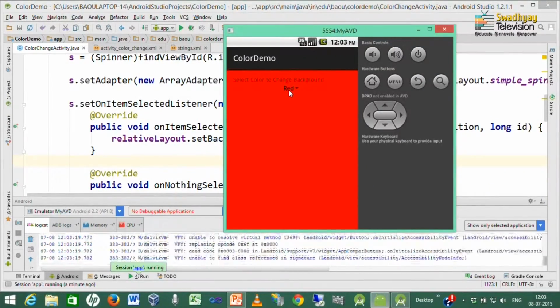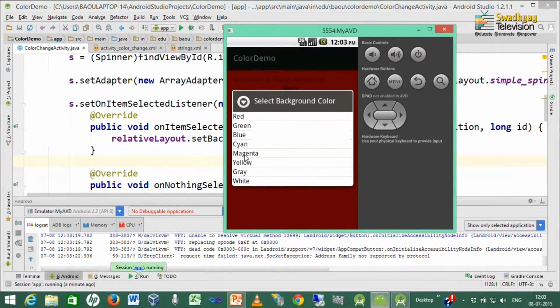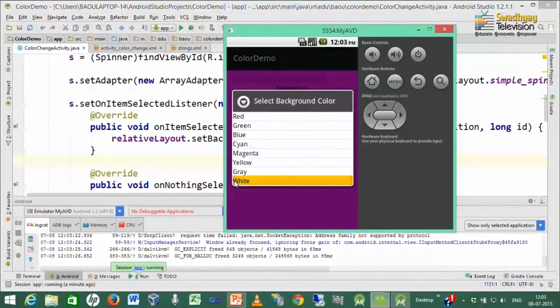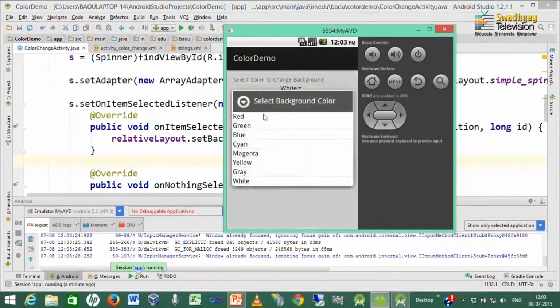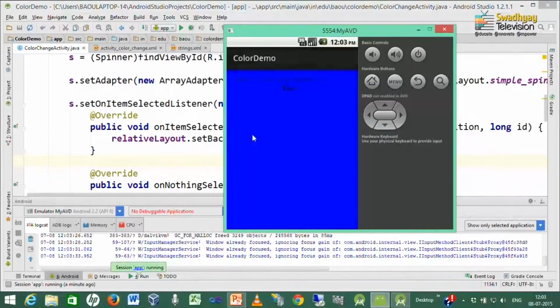You can see the style for the spinner is changed, the prompt is added, and now it is shown as simple spinner items, and by selecting a particular item you can change the layout color.